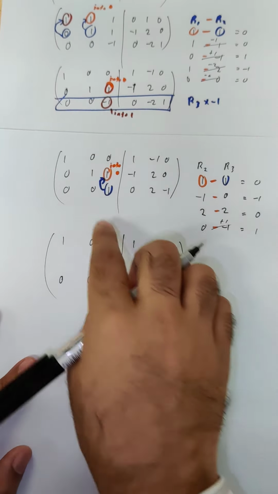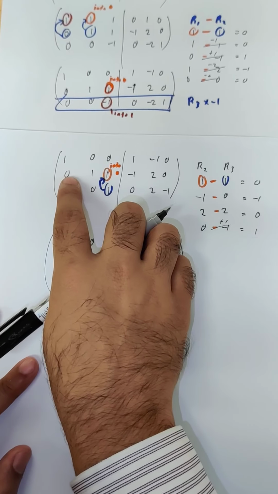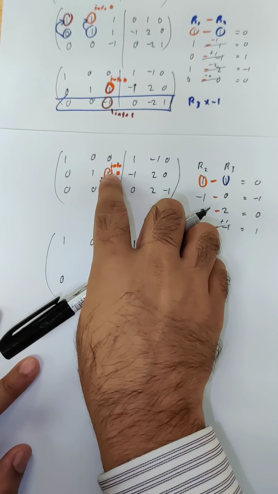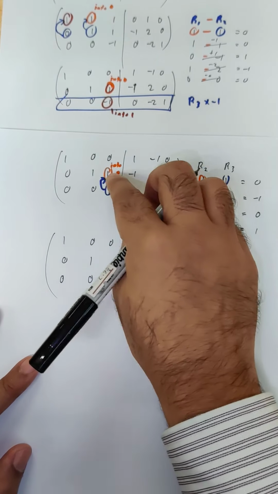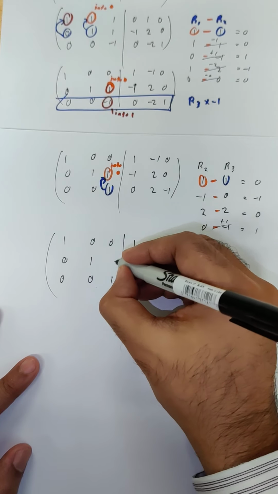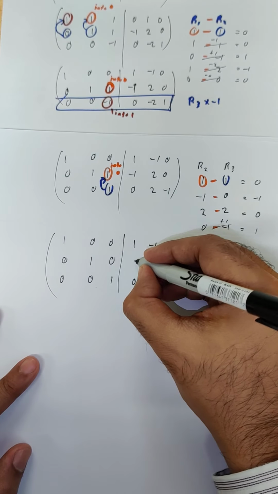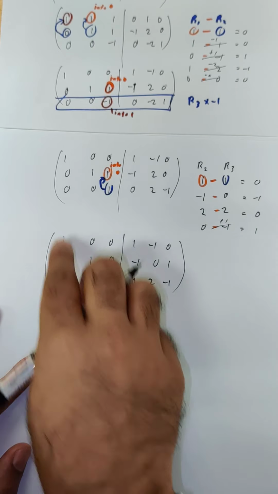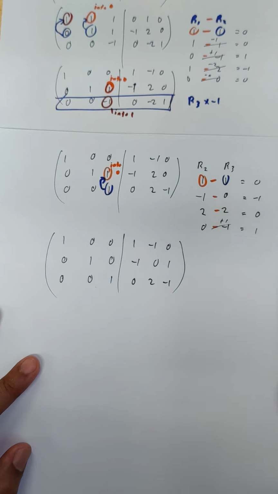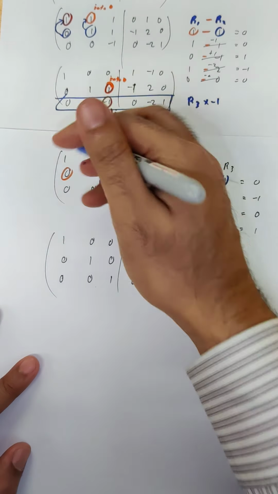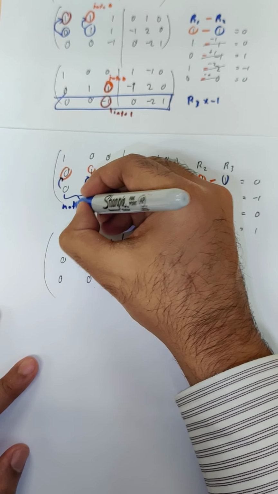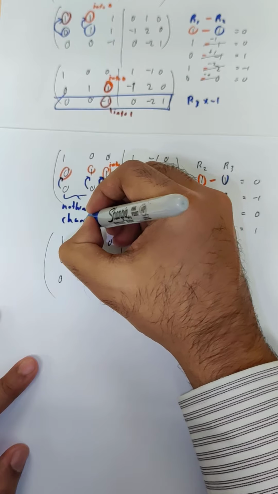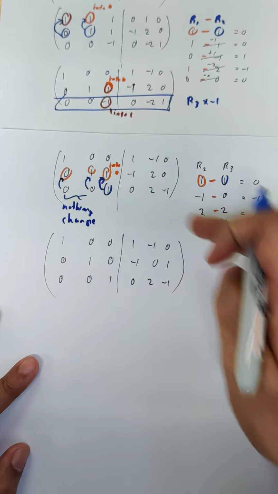Sorry, I copied things wrongly just now. So this is the new one. So our new row 2, because we are attacking this one, right? So it remains as 0, 1, and this one is your new one: 0, negative 1, 0, 1. Remember, why don't I do anything about this one? Why am I ignoring this other side? Because as I mentioned just now, even if 0 attacks those, nothing changes. So what is important is the one that has values attacking it.